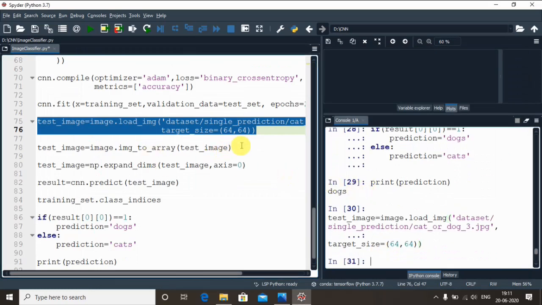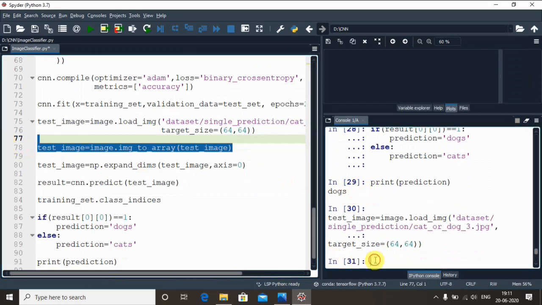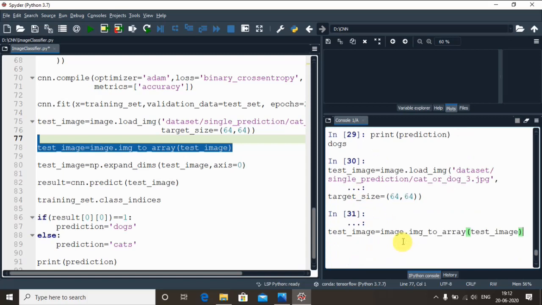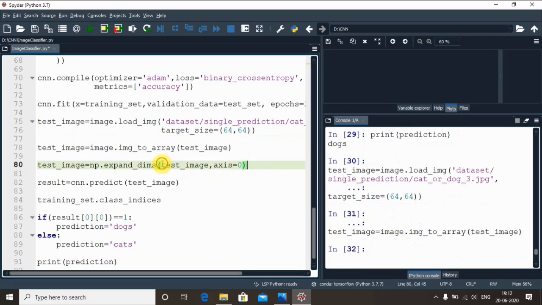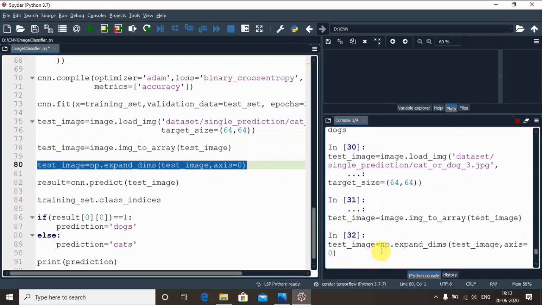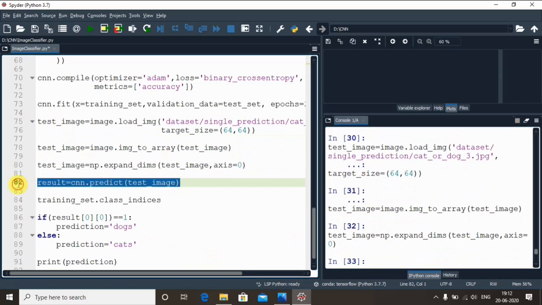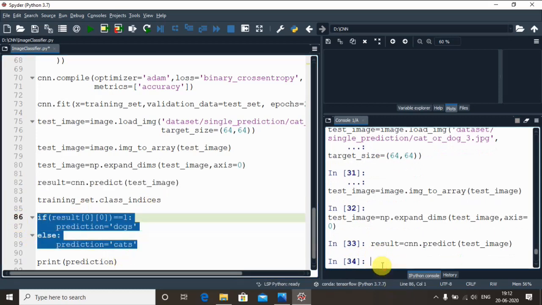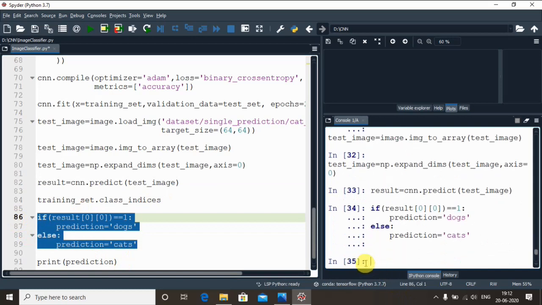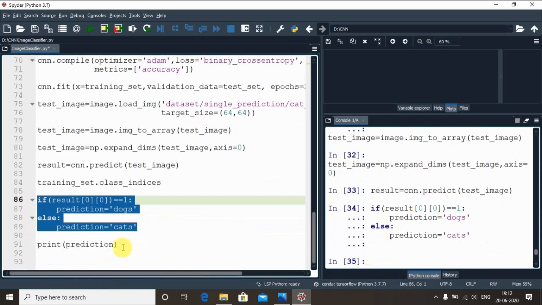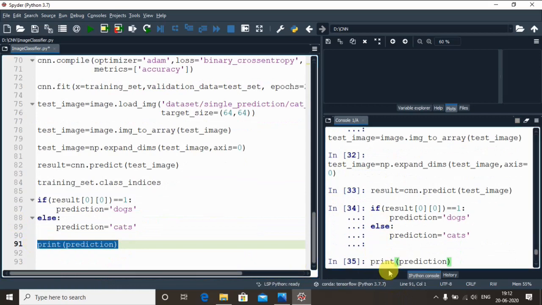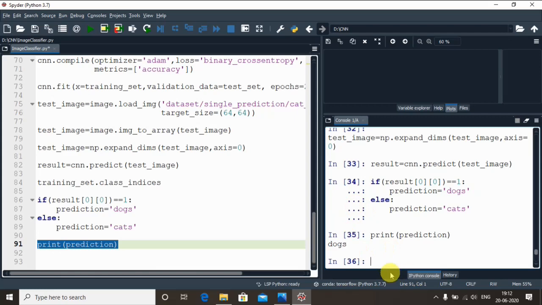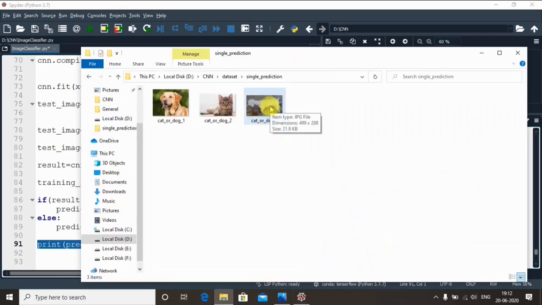Okay, done. Let me go for the second test image. You can try like that for many. Test image, done. Let us save the predicted result in the result variable. Now we are left with the last if condition. Right, now let us predict whether it is giving the right output or not. Yes, excellent. It is telling it is a dog, and this is a dog, right?